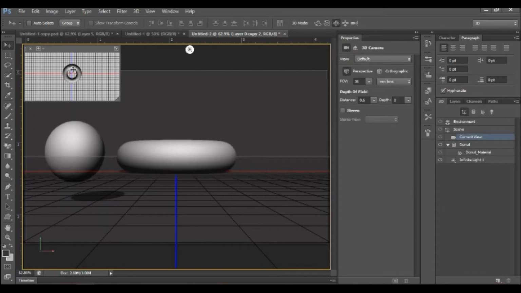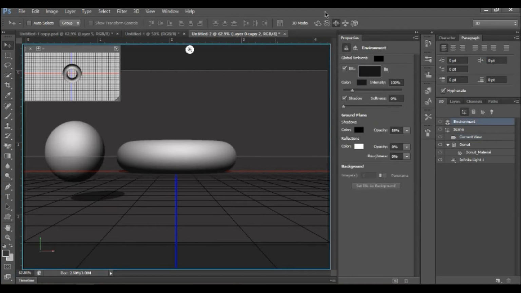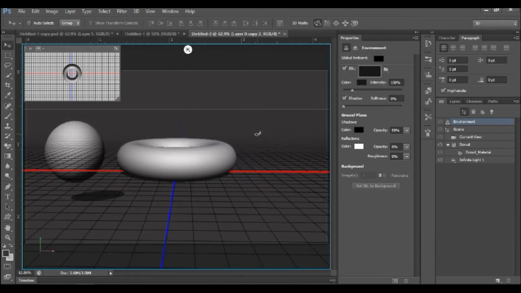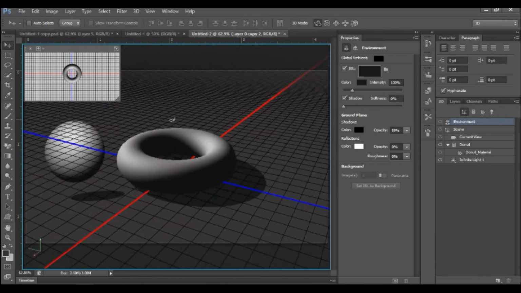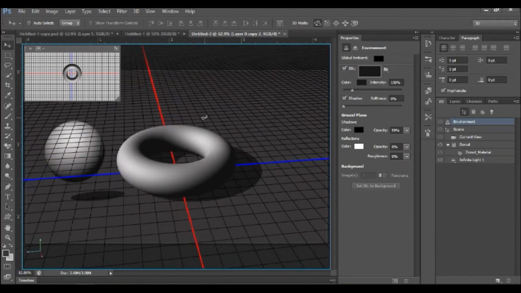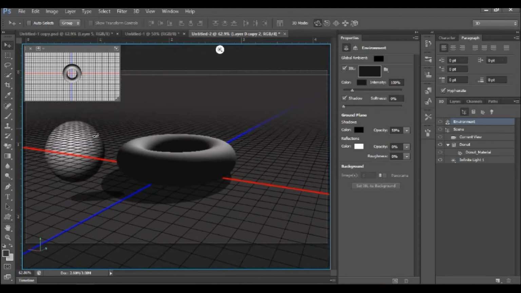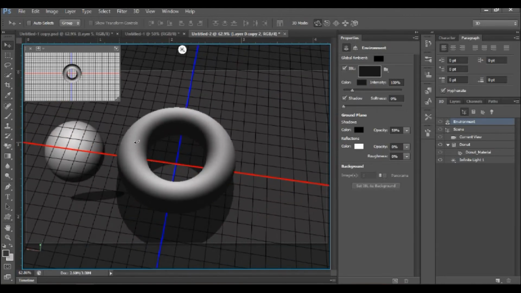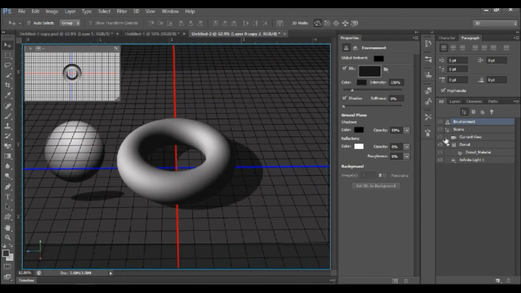You can see here the top view of this donut. Here I have environment. So if we rotate our environment, it doesn't rotate the object, it rotates the environment. Like you can see the grids are rotating.